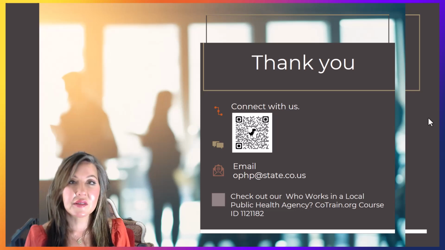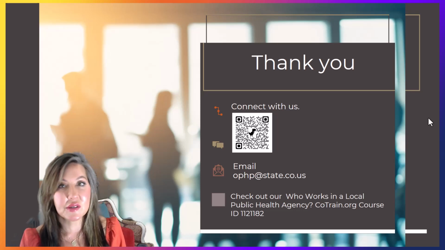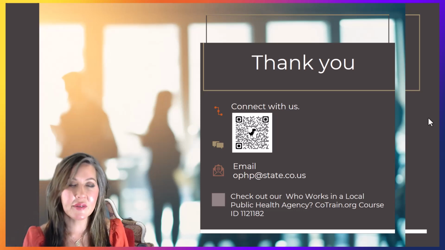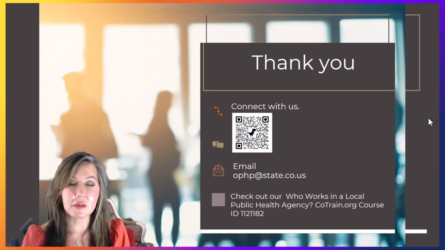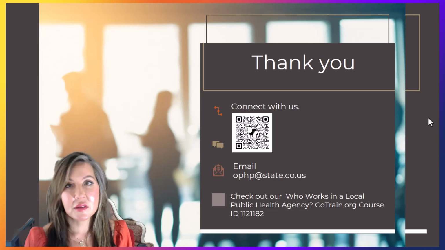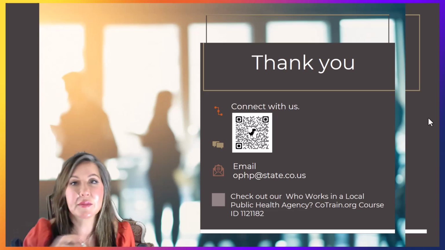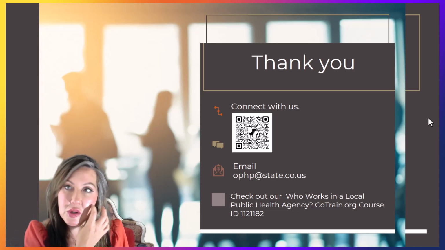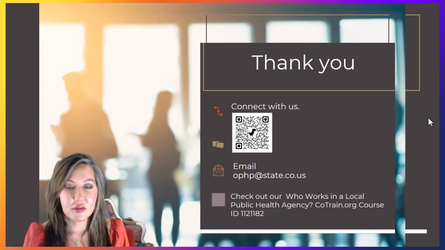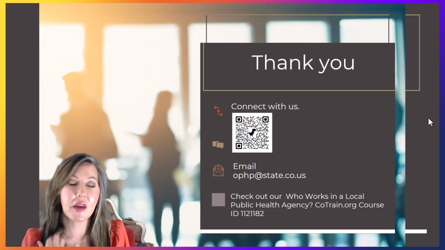Again, this is going over the job descriptions model, which has a lot of information on the different job descriptions that we use across Colorado. It's not everything that we use. We all have different job titles and different things depending on where we are in the state, but it really gives some good information to go by when you're trying to start figuring out these roles and the different positions, so that can be really helpful.